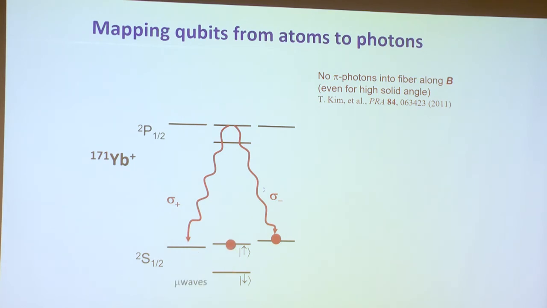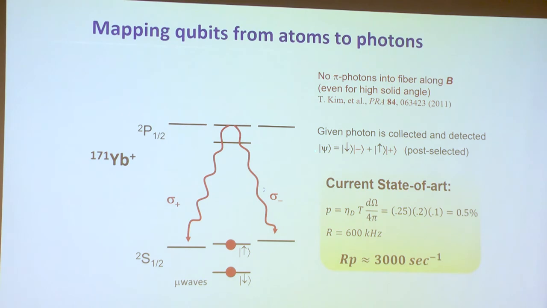And technically, we can move these states around. We do it with microwaves. But in the end, what happens is we have sort of an entanglement between that single photon's polarization and our qubit and our memory, our atomic clock memory. Now, it's only weakly entangled because this photon, maybe we didn't get it. Maybe the detector didn't click. Maybe the photon didn't get into the fiber. All kinds of losses happen. In fact, the losses are pretty severe. The probability of success is less than 1%, and that's actually pretty good. That's the state of the art.